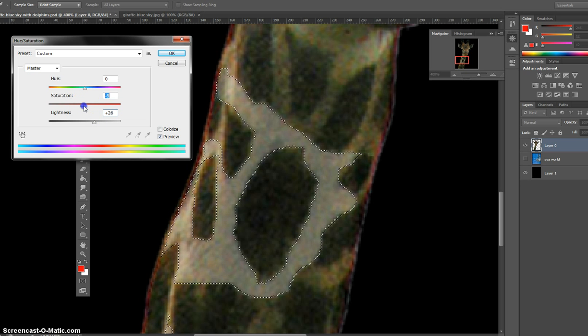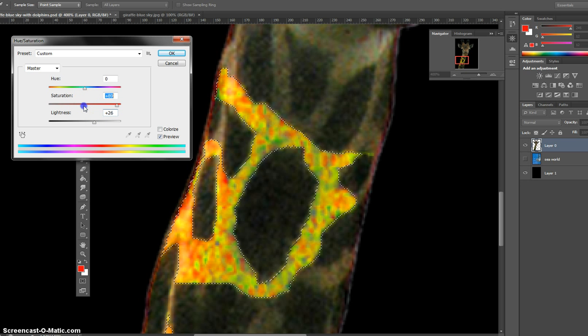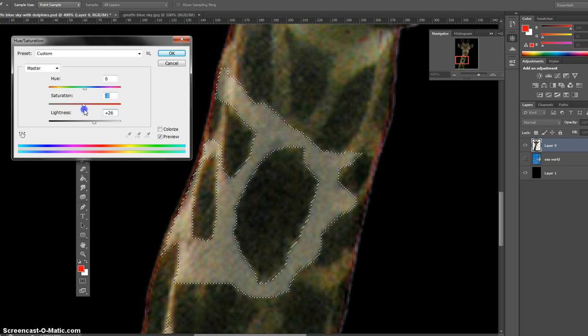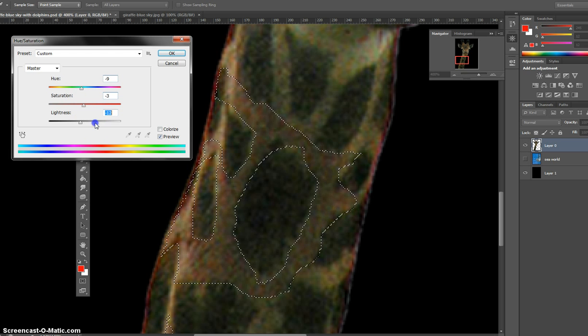So let's play with our tones. Ooh. Okay, y'all are going to get way too excited about this. But anyway, this is what hue and saturation will do. So it's an easy way to change colors, but this is not what we need to use for this. So I'm going to hit cancel,